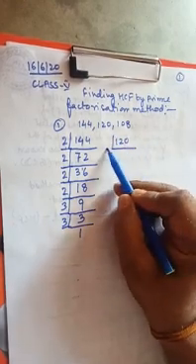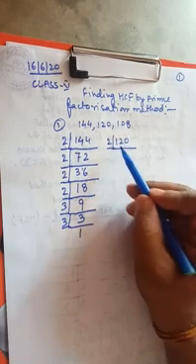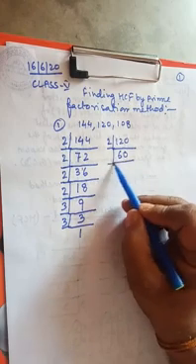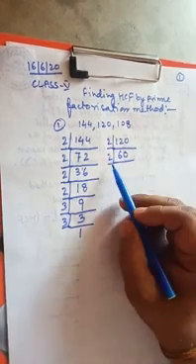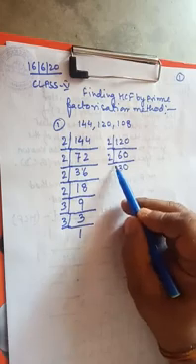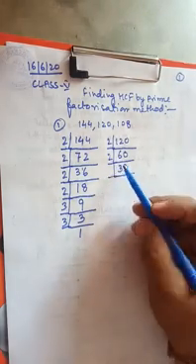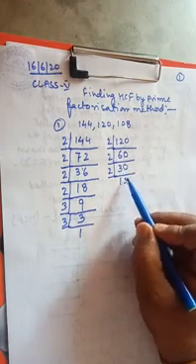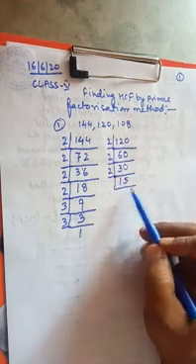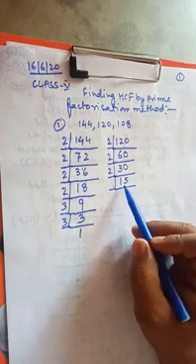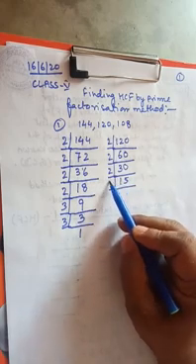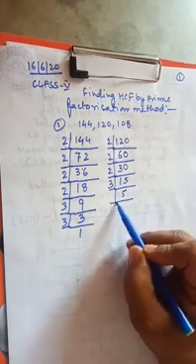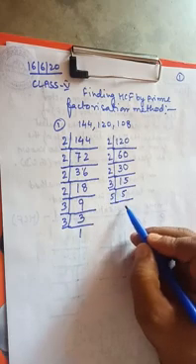Okay, now see the second number, 120. Again 120 is an even number, so it is divisible by 2. 2 sixes are 12, put here 0. Again 60 is divisible by 2. 2 threes are 6, 0. Again 30 is an even number, again we can divide with 2. 2 ones are 2, 10. 2 fives are 10, 15. Now 15 is not divisible by 2, so we will take the next prime number, that is 3. 3 fives are 15. Now 5 is divisible by 5 itself because it is a prime number.